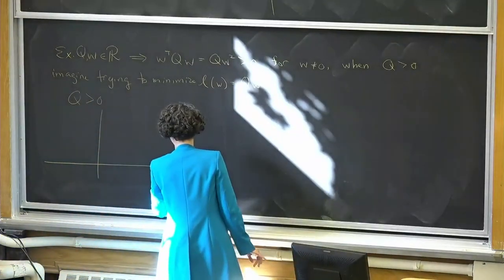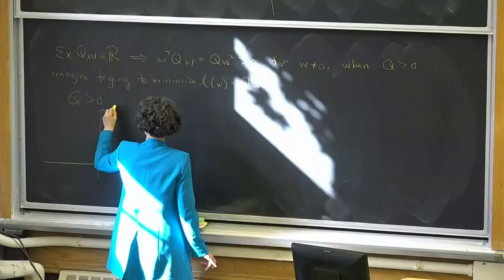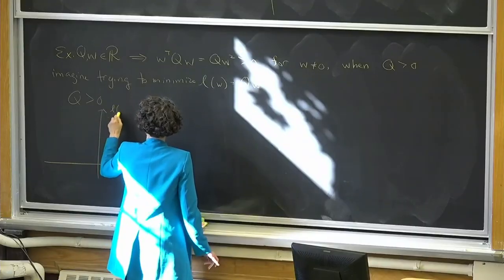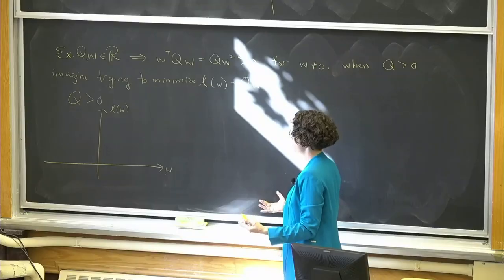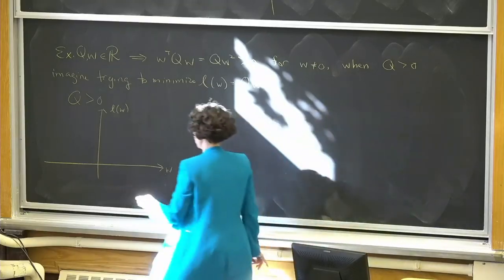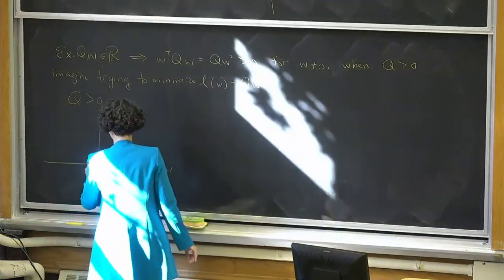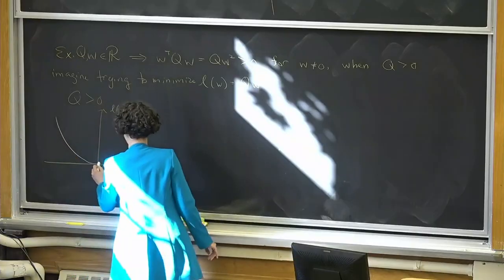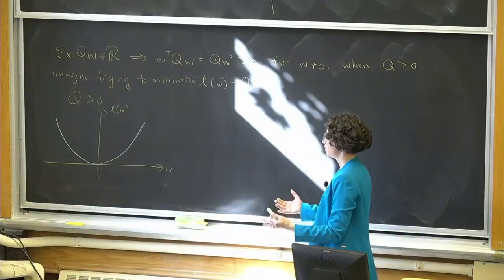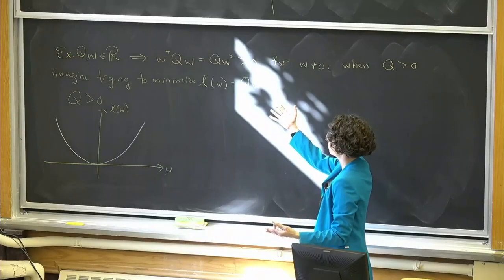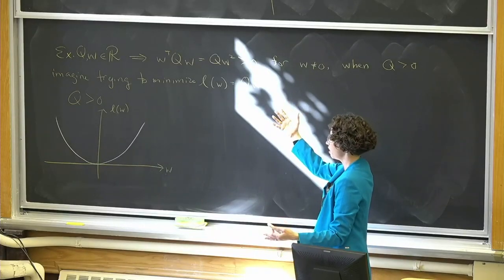And again, we're going to plot W versus our loss, L of W here. And when Q is a positive number, then this loss function is going to look like a simple quadratic, like that. And so this is a setting where we can take this, compute its derivative, set it equal to 0,